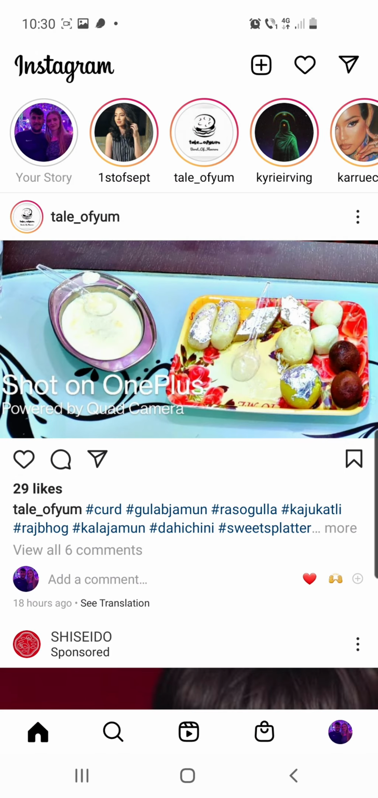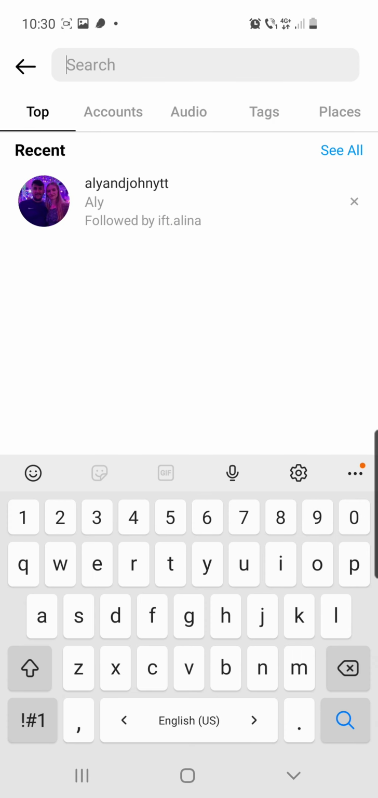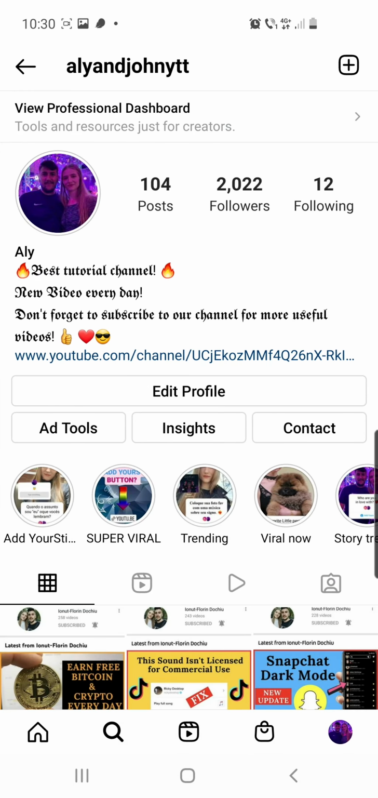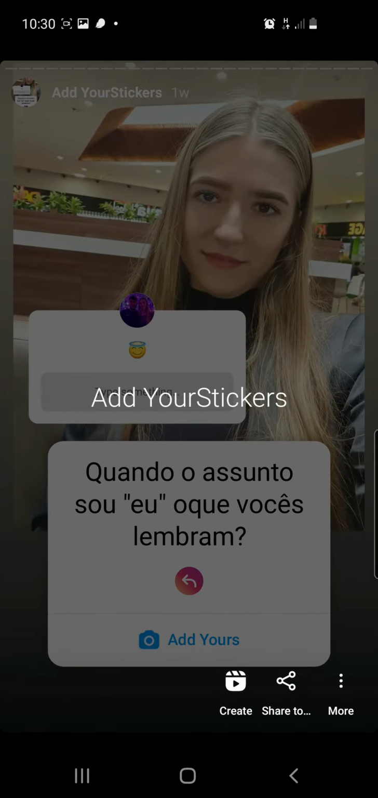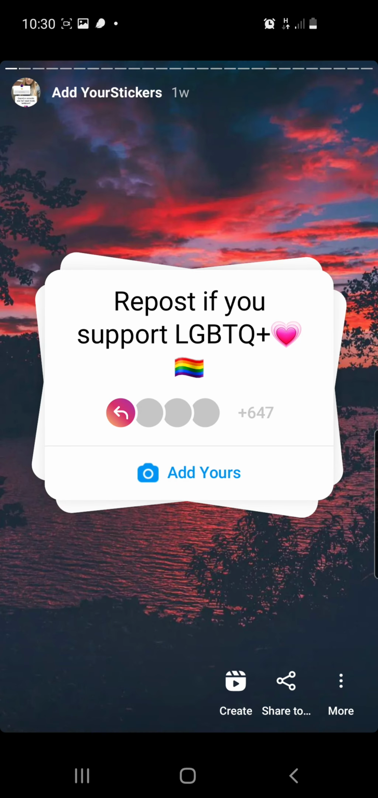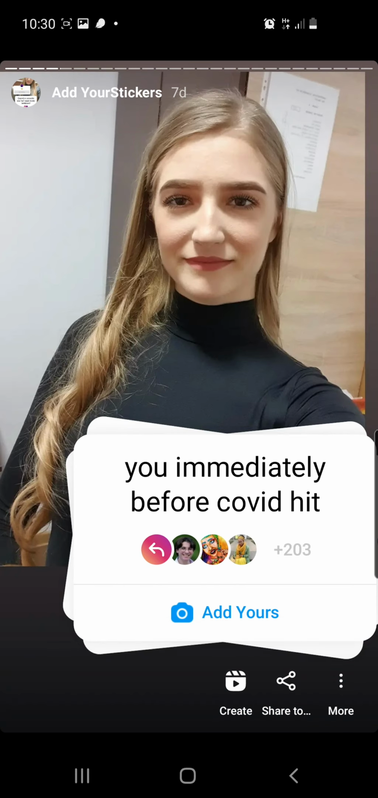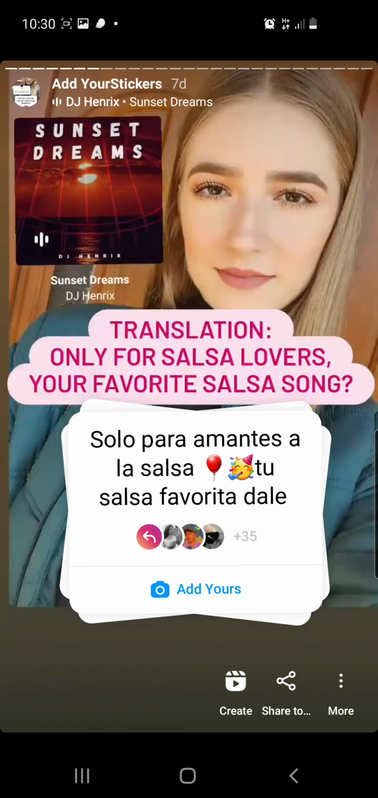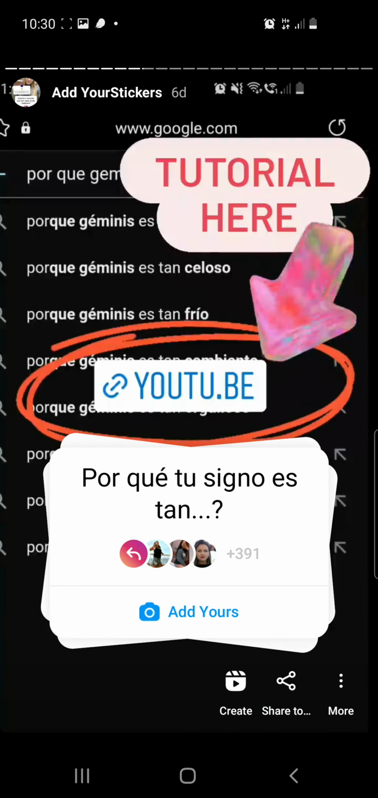First of all, we have to click on the search icon from the bottom of the screen, and here you have to type in Ellie and John YTT. So from my page you have to go to add your sticker at highlights. Don't go to my story because that will expire in just a few hours, so you may not find it there. So here you have to click until you find the desired sticker,